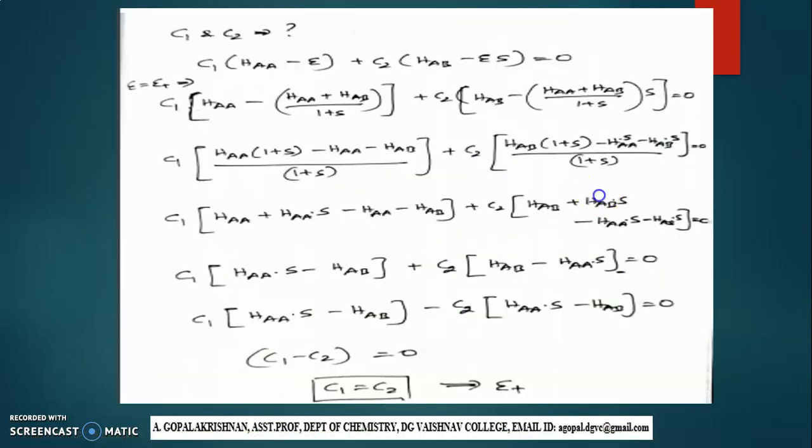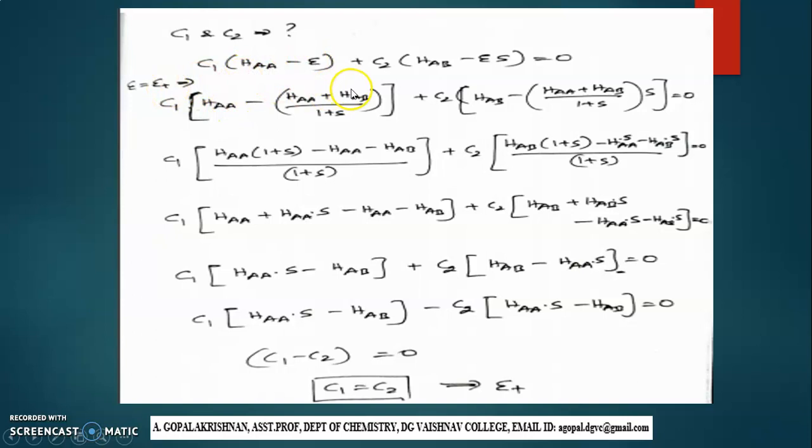Now, to find the coefficients C1 and C2, take any one of the secular equations, and in the place of energy, you put the expression for E plus or E minus. If you put the expression for E plus, you will get the relation between C1 and C2 for the E plus state. If you put E minus, you will get the relation between C1 and C2 for the E minus state. Very simple. So keep this C1 as such, HAA as such, minus, in the place of E,